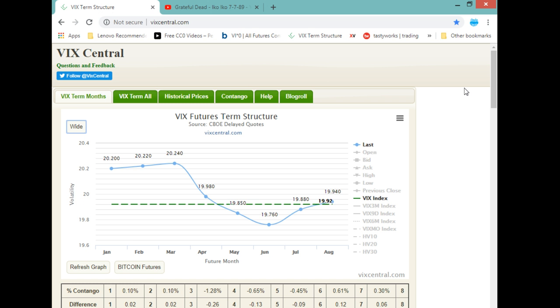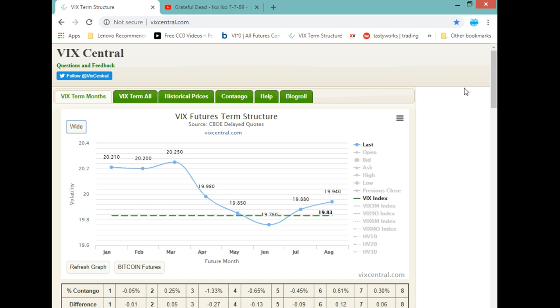And we will continue to normalize if volatility either A, stays where it is or goes lower from here. If volatility spikes higher, then we will be back in backwardation. But as long as volatility stays around here or creeps lower, we will be in contango still, which is our normal state of being and which makes us happy as VIX short traders. And that's why the party is still on, after 4 days of rally in a row.